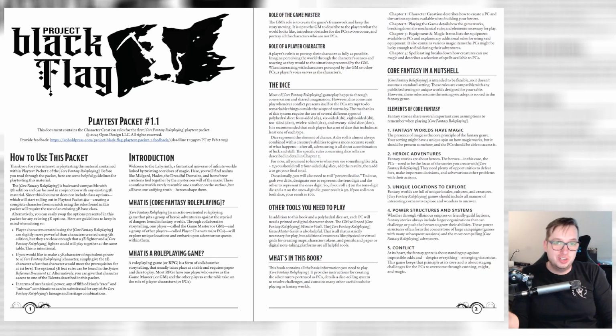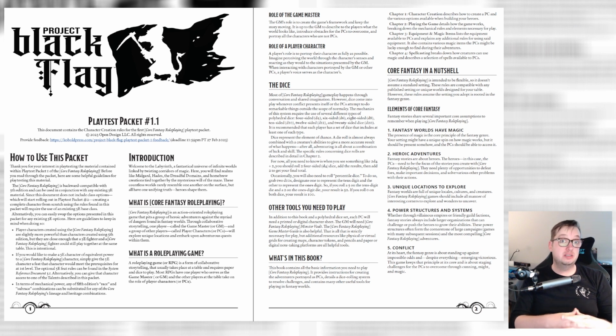Everybody, friendly neighborhood game master Zach Hall here with another kind of blind read through, this time of a playtest from Kobold Press. Codename Project Black Flag is Kobold Press's response to the OGL shenanigans from last month with Wizards